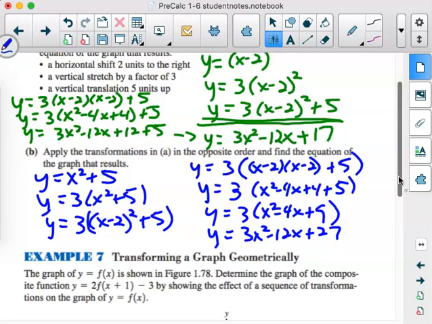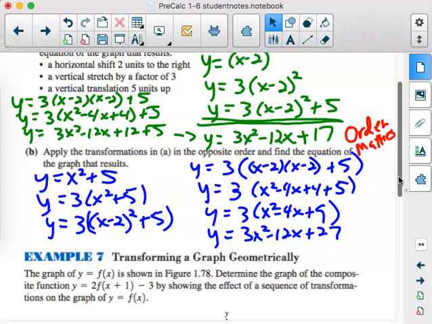So notice, we used the exact same transformations, but they were in a different order, and it did not end up with the exact same standard form equation. So this means order matters, and it absolutely does. And as I mentioned in yesterday's notes,